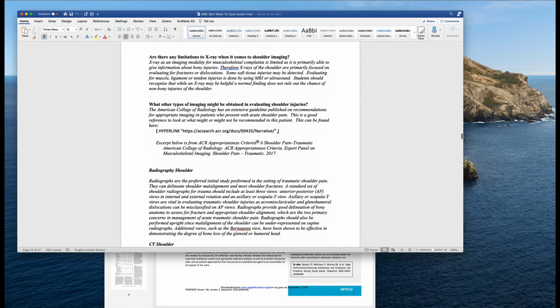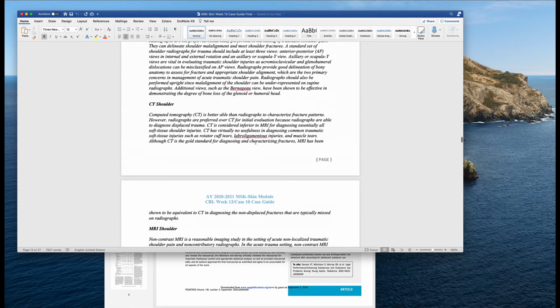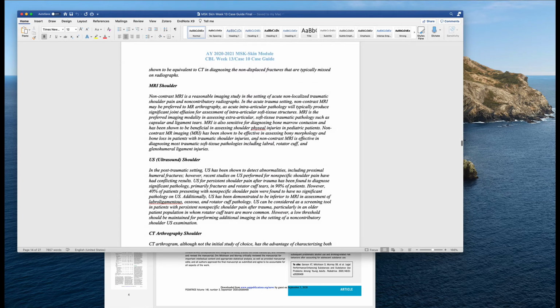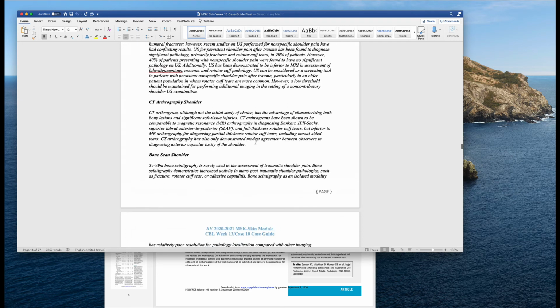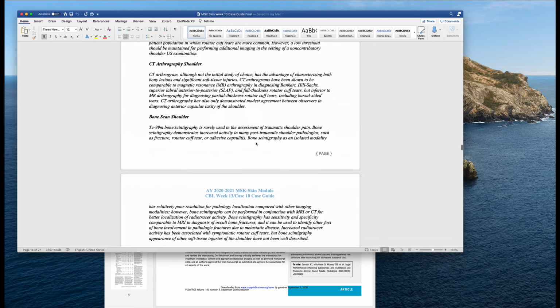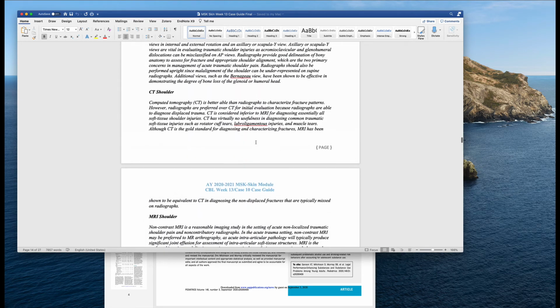So we have a lot on shoulder radiography, CT of the shoulder, MRI of the shoulder, ultrasound of the shoulder. This is, again, in the faculty guide. This is purely for you to review if you don't have much background in shoulder imaging. The students are going to get an entire lecture on this, so do not feel that you have to cover all this, but if they start